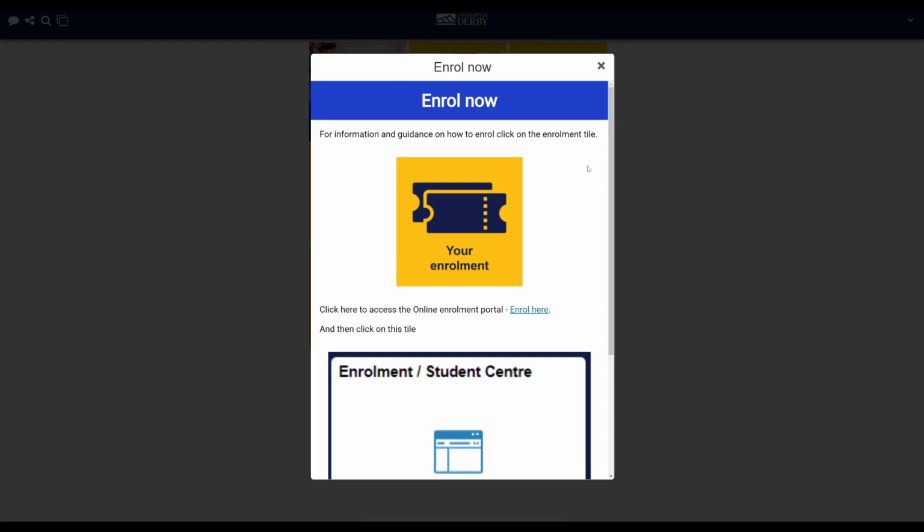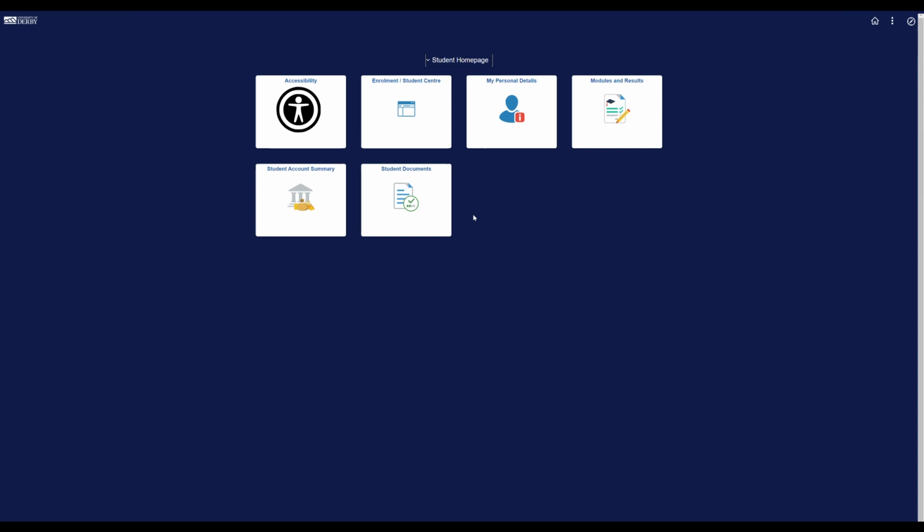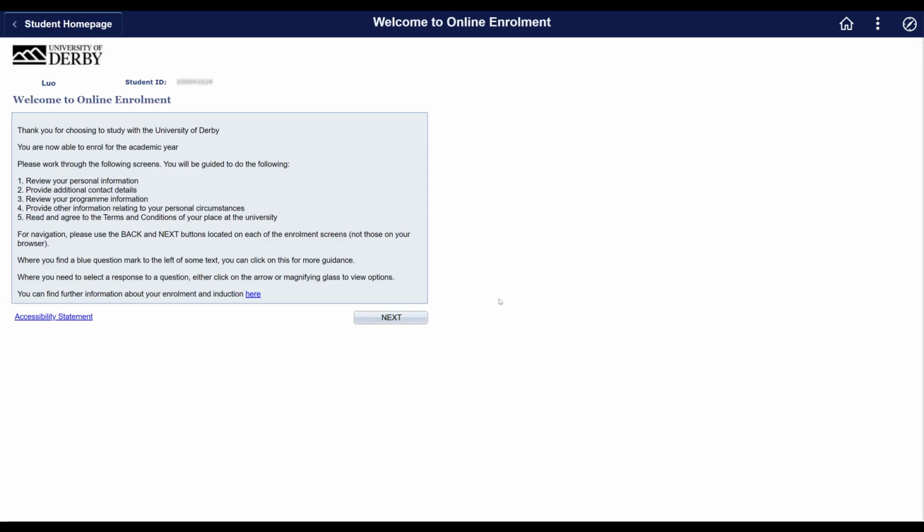To start your enrolment, you'll need to press on the Click Here button within the enrolment tile, where you'll be able to access the online enrolment portal by logging in with your student ID and password. Once inside the portal, select the Enrolment/Student Centre tile to begin. You'll now be directed through a series of screens. While some of the questions may not seem relevant, they are required data and you will need to complete them